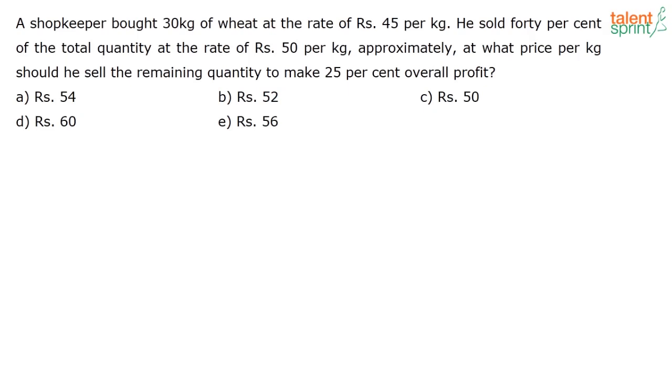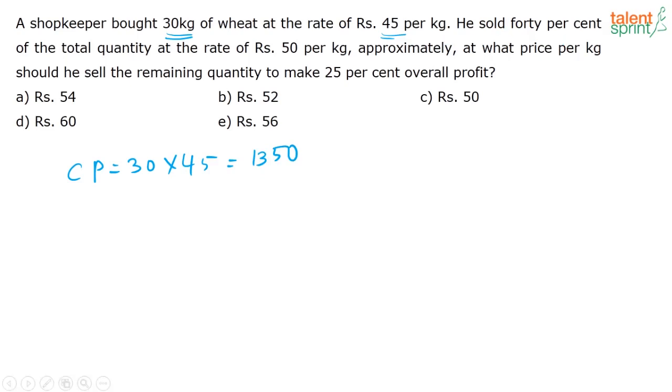See, in a topic like profit and loss, there will be no concept or anything that any of us are not aware of. All of us know this. The only important thing is the way in which we approach the problem, so we are able to arrive at the answer faster. So what is given? A shopkeeper is buying 30 kg of wheat at a rate of 45 per kg. So what is the cost price of the shopkeeper? 30 into 45. Correct? You needn't write all this 30 into 45 in the exam, because I am explaining it to you in the class. So the cost price is 1350.